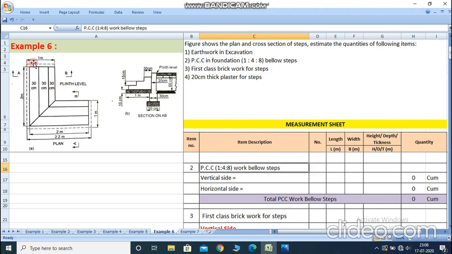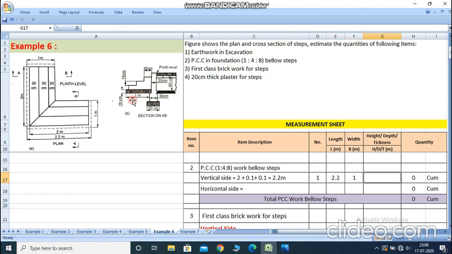So here we first take a vertical line. The vertical line, dotted line to another dotted line distance is already calculated, but we repeat these things. 2 meter is already given here in the plan part, and 0.1 meter for this side and 0.1 meter for another side. So 2 plus 0.1 plus 0.1 is equal to 2.2 meter. So the vertical side is 2.2 meter, here number is 1, length is 2.2 meter, width is given in the figure as 1 meter.